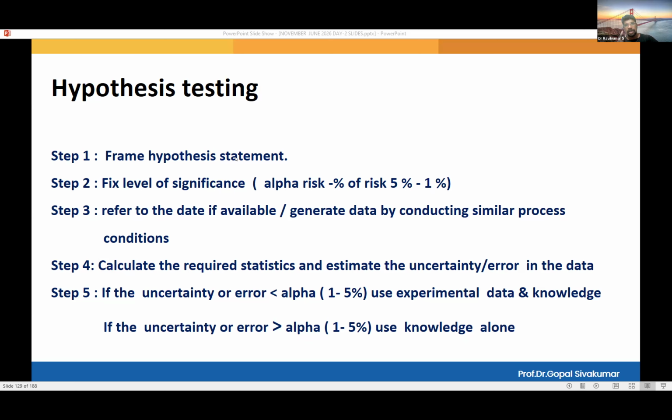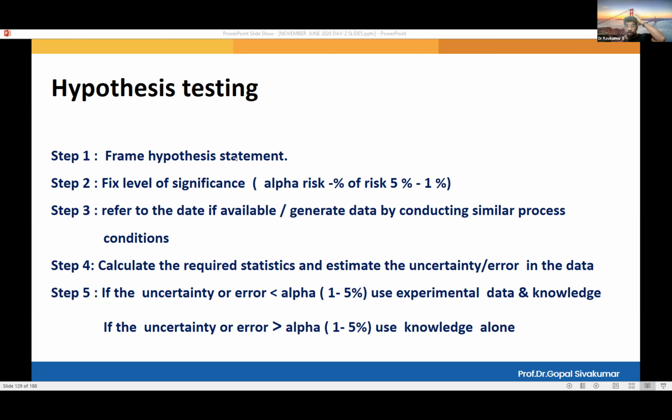Under the hypothesis statement, you have two types. One is the null hypothesis, which says whatever you say is correct: no difference of opinion, no change, no variation. Then the alternate hypothesis, it is just like the opposition party. Whatever the null hypothesis says, it doesn't accept, it doesn't agree.